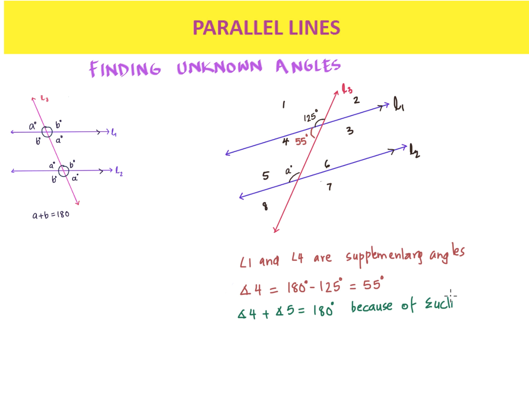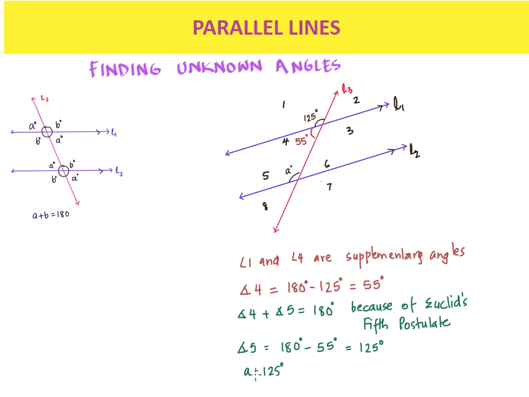Euclid's fifth postulate. Now, of course, I could have also written that angle 4 and angle 5 are supplementary. So, since angle 4 and angle 5 together add up to 180 degrees, we can easily find measure angle 5. Measure angle 5 must be equal to 180 degrees minus 55 degrees, which is equal to 125 degrees. So this angle, so A, is equal to